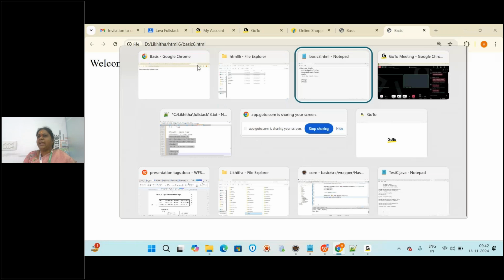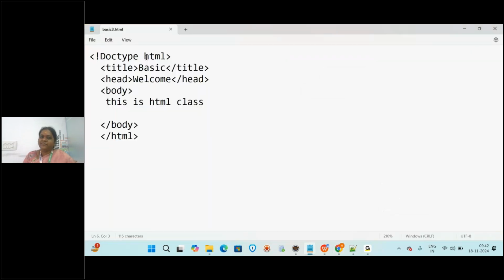Clear everyone? So now what we can do, we have to open a notepad, start the first tag with what? HTML. And then what? Title. Whatever you write between the title open tag and closing tag will become the title of the page. And then the heading of the page. And this is the content of the page. And then close the body and close what? HTML. And you have to save with dot html in any location, and you just run it by what? Double clicking it.